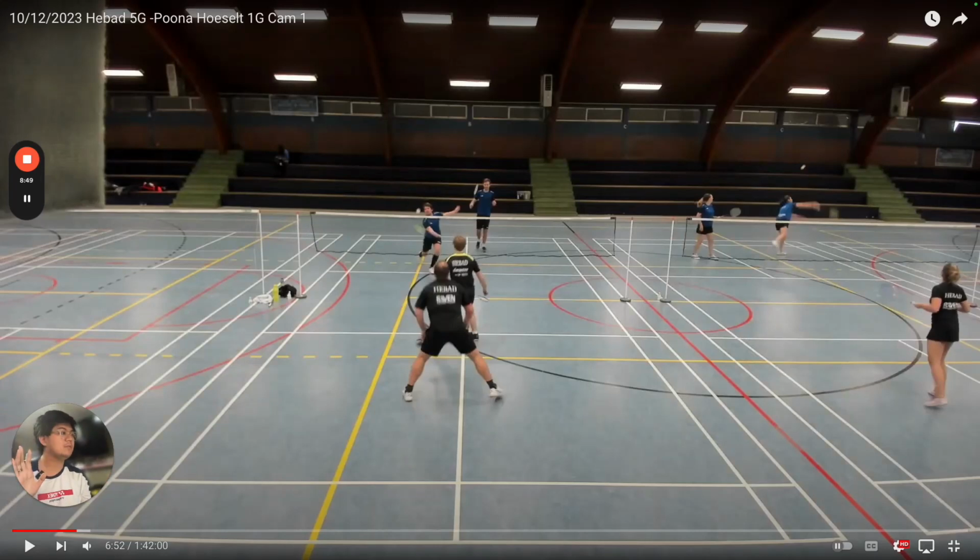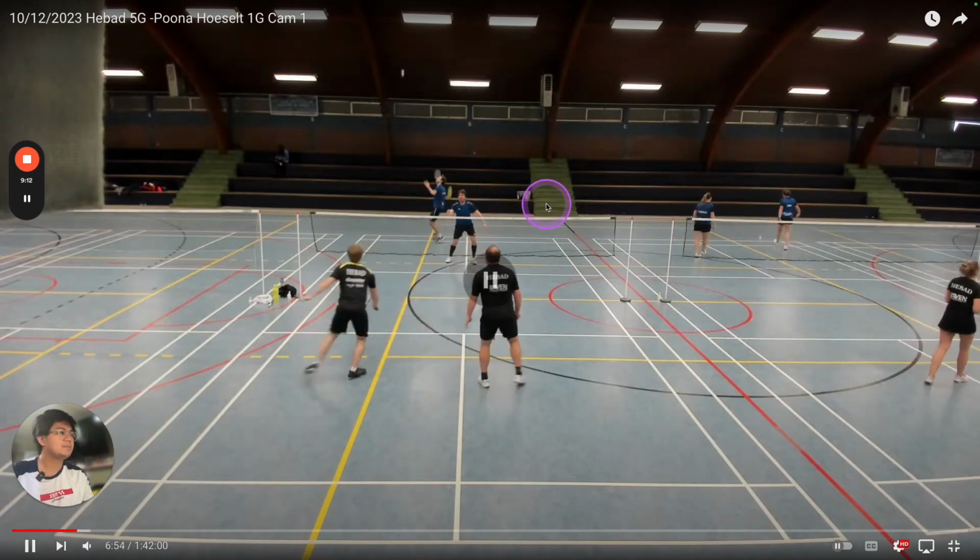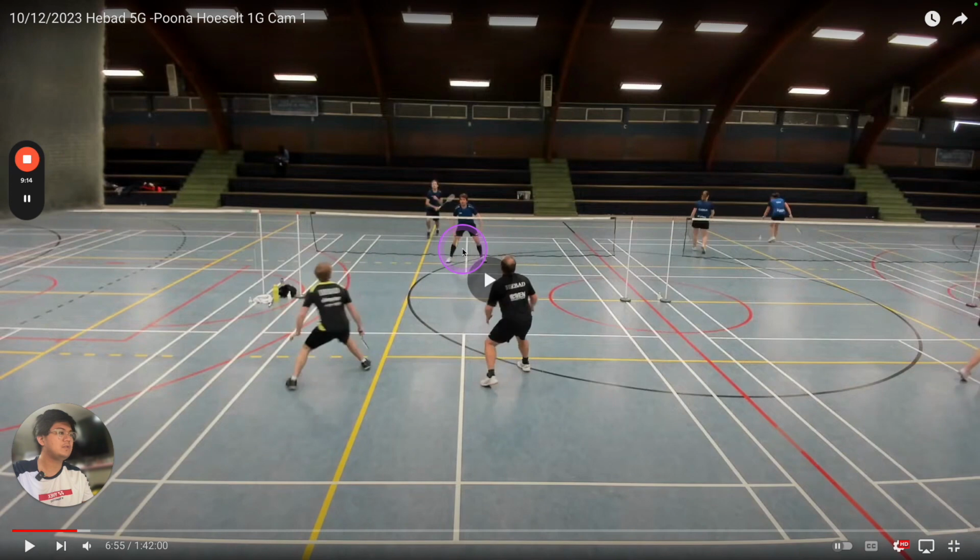So for me, if my opponent isn't rushing it and trying to drive it towards me, the moment the shuttle leaves me, so I don't get faulted, I'm already in front of the service line to cover situations like this. So in case they do play a block or a net, I can push it back or push it away from them, right? So I don't have to lift, right? Because we don't want to give away the lift as much as possible, right? Lift is decent, right?